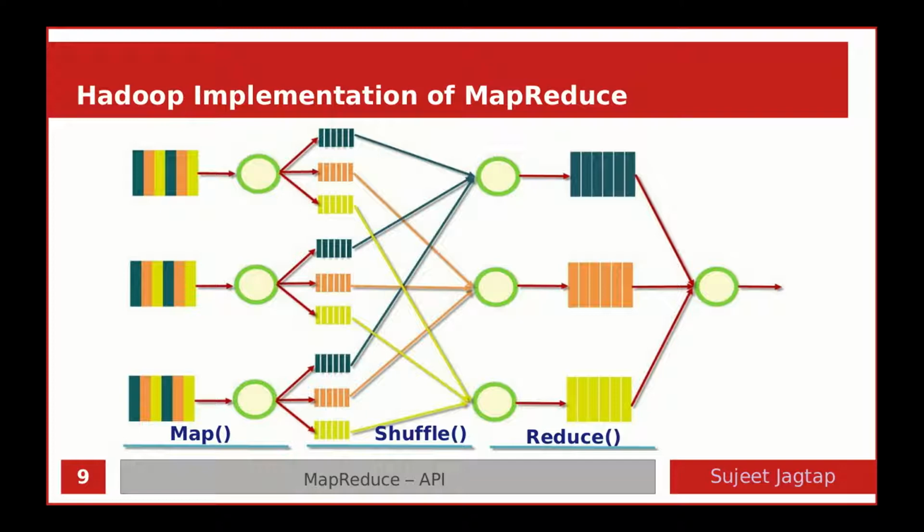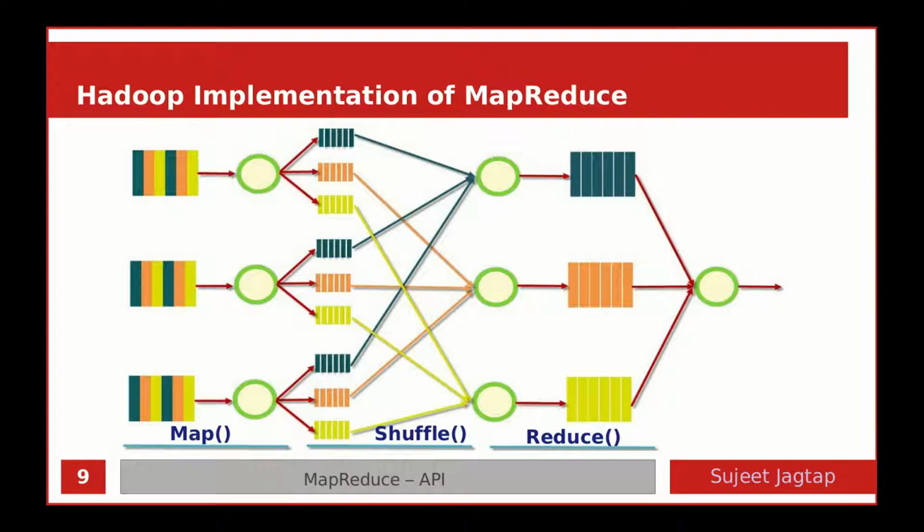Generally, the MapReduce paradigm is based on sending MapReduce programs to computers where the actual data resides. During a MapReduce job, Hadoop sends map and reduce tasks to appropriate servers in the cluster. The framework manages all the details of data passing, like issuing tasks, verifying task completion, and copying data around the cluster between the nodes. Most of the computing takes place on the nodes with data on local disks, which reduces the network traffic. After completing a given task, the cluster collects and reduces the data to form an appropriate result and sends it back to the Hadoop server.